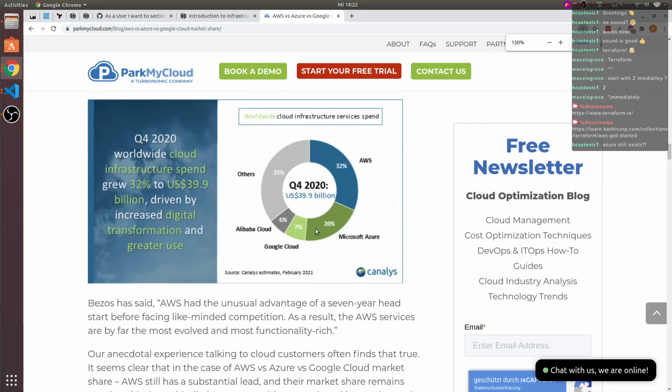So in Q4, this is US dollars. Azure is way above Google. Alibaba Cloud is Chinese. Alibaba is one of the biggest Chinese companies. They do everything, I think, to be honest. But they are mostly known for the shopping, like everything that goes in the direction of dropshipping. They are very big. You can just buy complete houses and big machines on there. But strongest is of course AWS. Yeah, but Azure is a big thing.